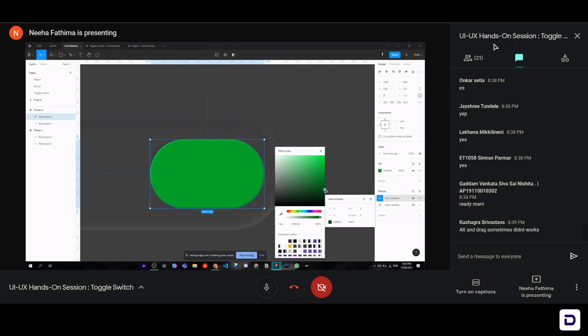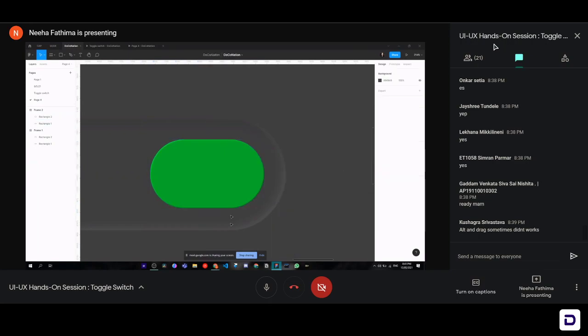So if you can see here on the bottom and left corner, you can see that little smoothing effect. It's giving a little bit of inner shadow to it to make it look nicer. Okay, so now we've achieved the smooth effect. Now what we're going to do is add a little bit of drop shadows to make it really look neumorphic. Okay, so again, to do that, select the rectangle, go over to your properties panel on the right side, click on effects, and it adds a drop shadow by default.